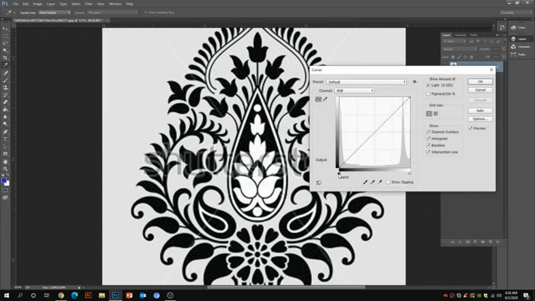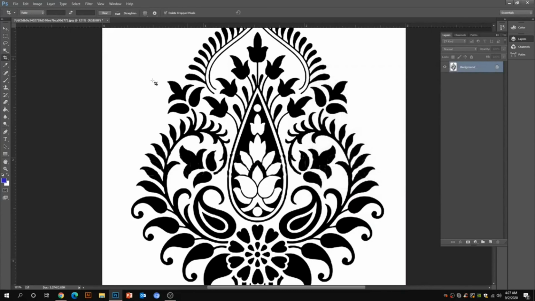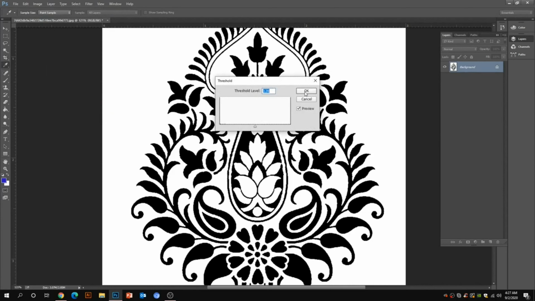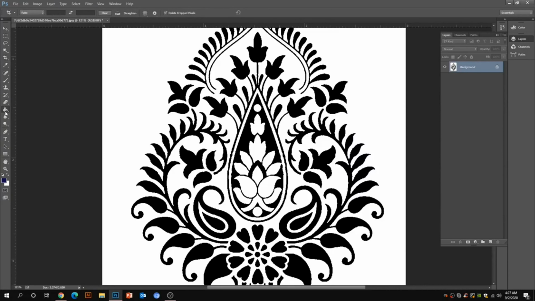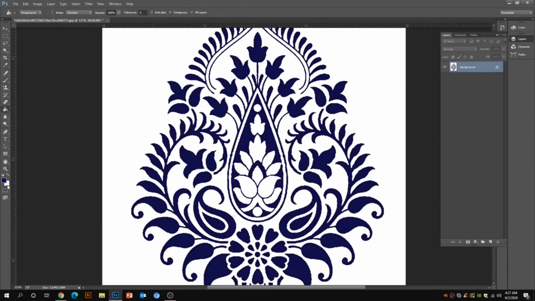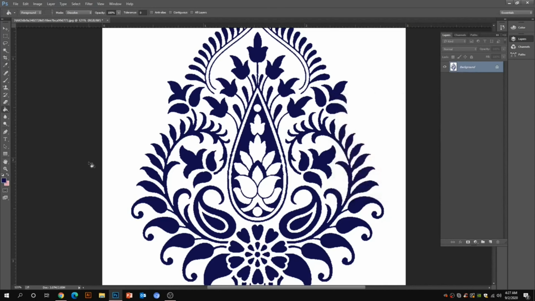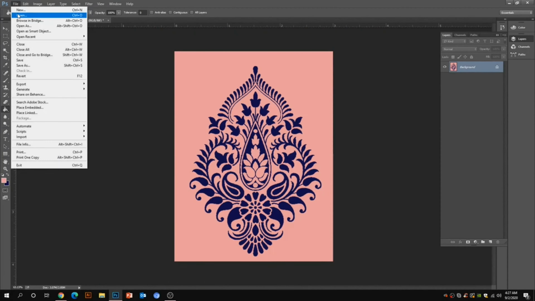Now let's go to the curve section and balance all the whites and blacks. In this video I'm just using 2 color prints, so just adjust the levels and curves according to your requirement. Whenever you feel it is okay, let's fix it and then convert that artwork into the threshold. When you put the threshold, 128 is the standard requirement. 128 will give you that clear artwork where you can give the color and you can give background color as well. So I'm putting 2 color artwork, and it will be easy to convert into the screen print and expose the screens. So this is a very easy technique where you can convert.